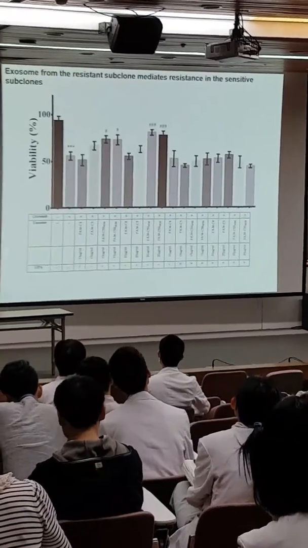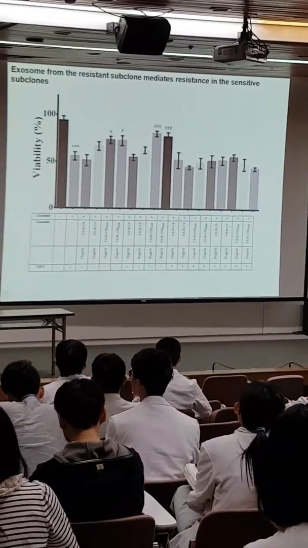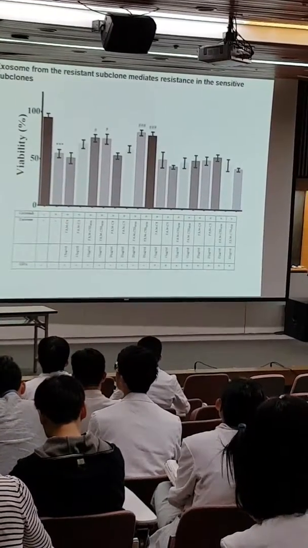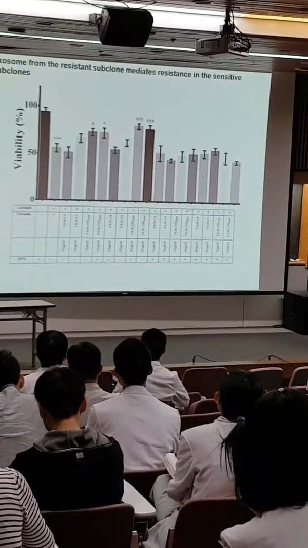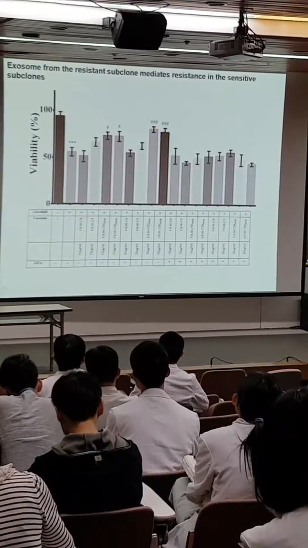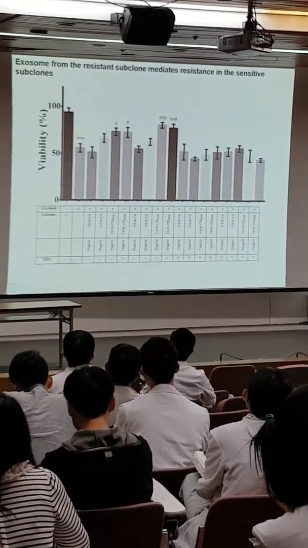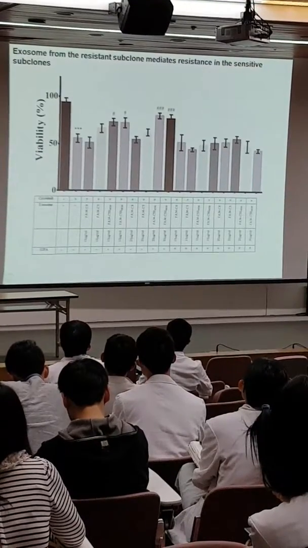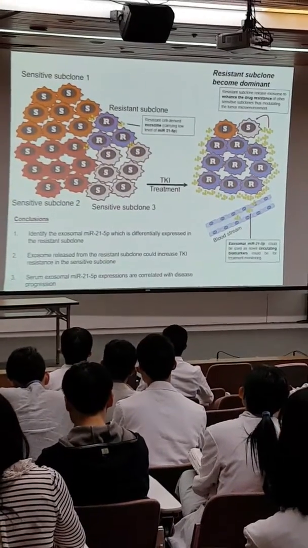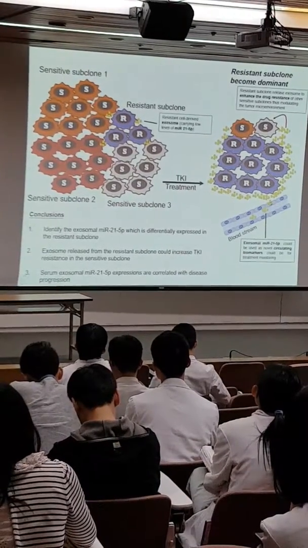And you can see here the same confirmation after the exosomal transfer, from different resistant clones to the sensitive clones, compared to the control, where there is either no exosome transfer, or there is exosome transfer but also administration of drugs. It seems that compared to the control, some resistance has been transferred from the resistance clone to the originally sensitive clones of cells. So that's what we believe, that in a tumor, there is the presence of different subclones